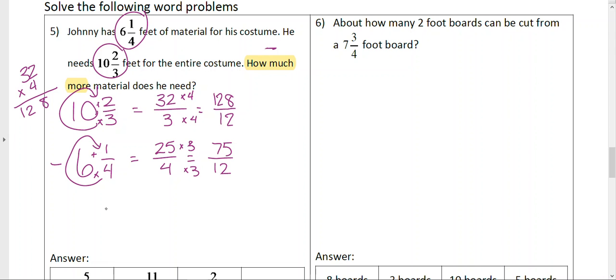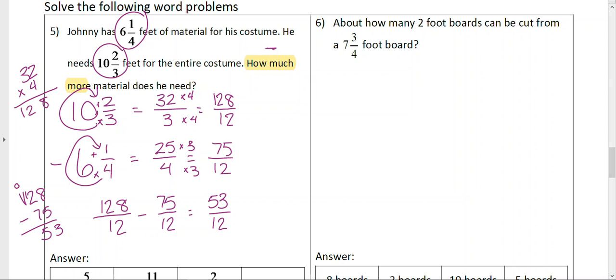Now I'm going to subtract those. 128 twelfths minus 75 twelfths. Well, they're both twelfths, so how many twelfths do I have if I do 128 minus 75? 8 minus 5 is 3. I have to borrow here to make this 12. 12 minus 7 would be 5, so I get 53